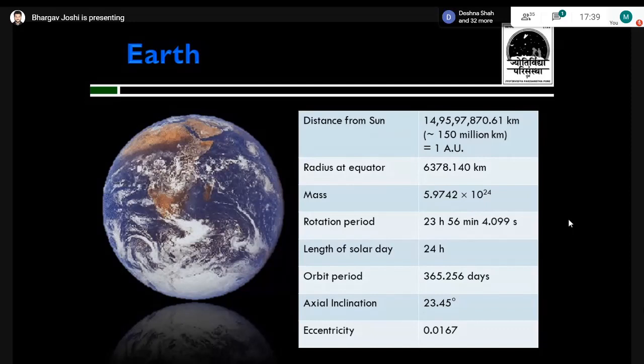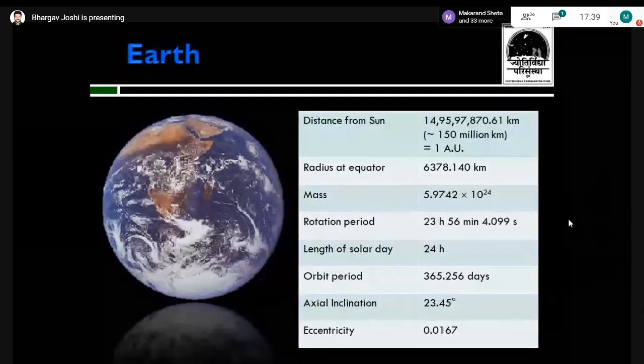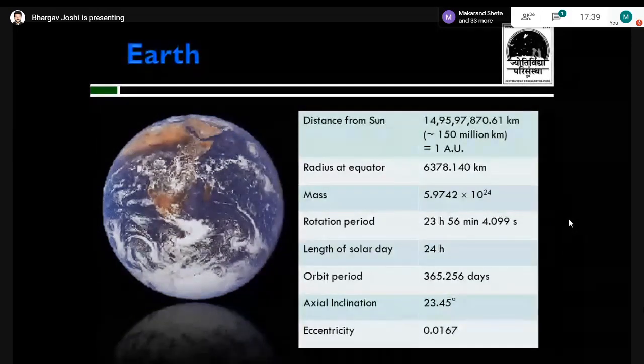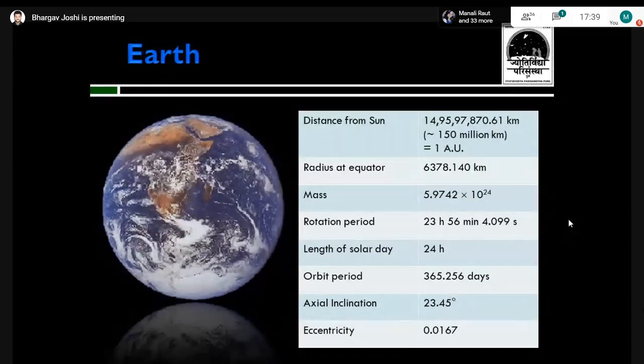That is because the Earth revolves around the Sun in an elliptical orbit, so there cannot be a constant distance. At some point of time, Earth is closer to the Sun. That point is called the perihelion. If you split the word again, peri means nearer, and helion comes from the word helios, which stands for the Sun. So the point which is closer to the Sun in the Earth's orbit is called perihelion, and the point which is farthest from the Sun in the Earth's orbit is called the aphelion.